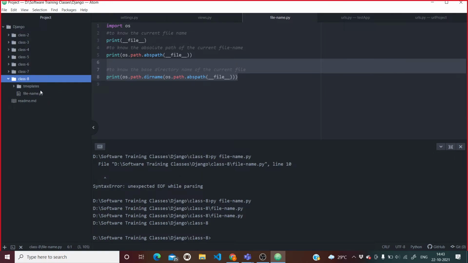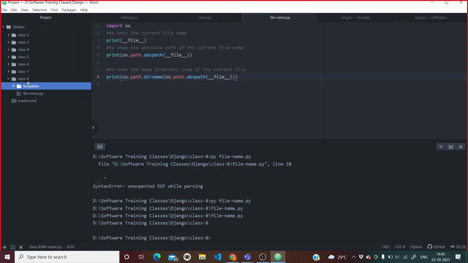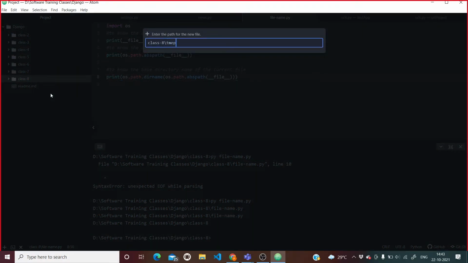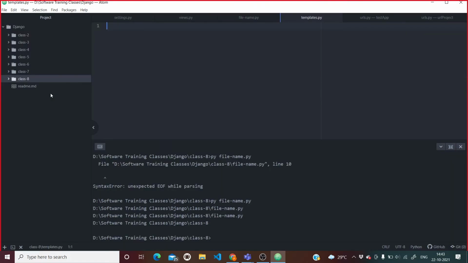Now how can we know that this is the particular templates folder I want? See how I am going to write the program for it. I will say new file, templates.py. Here I'm going to say import os, importing the os module. After that, base dir.